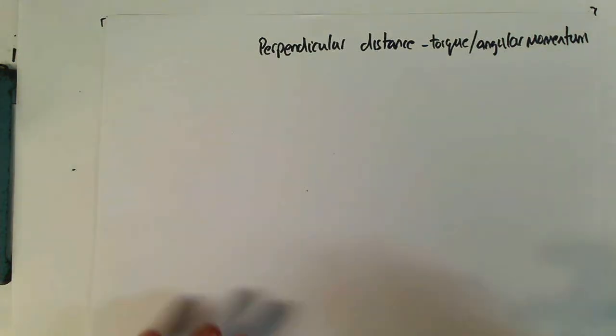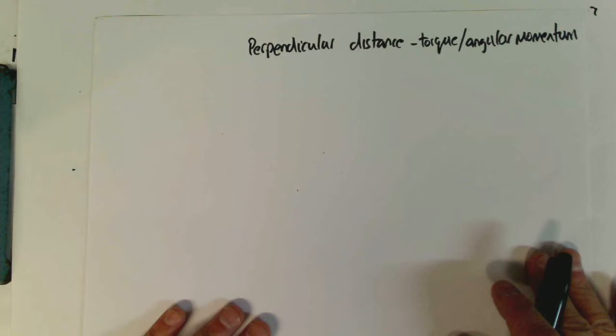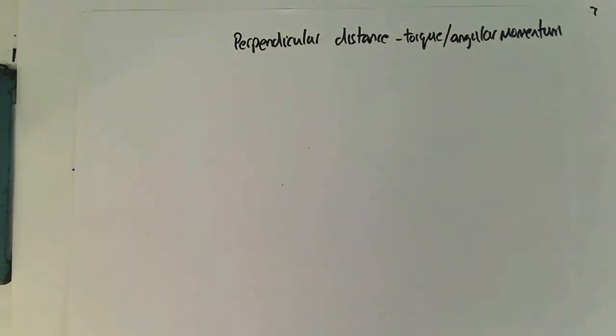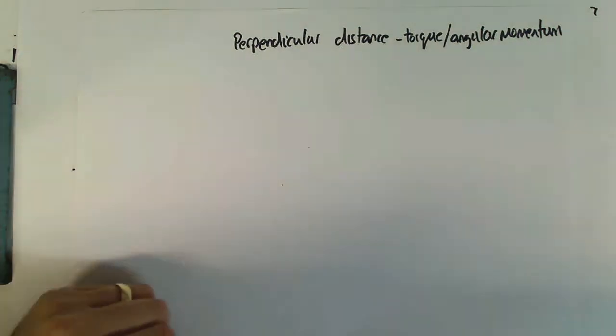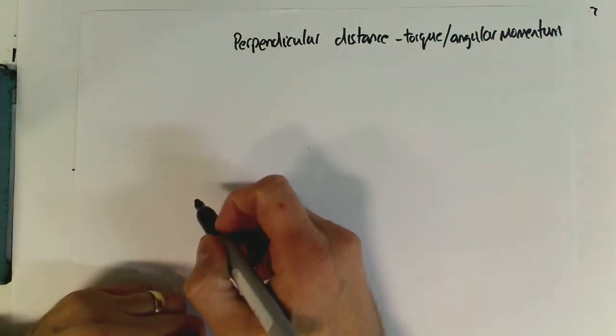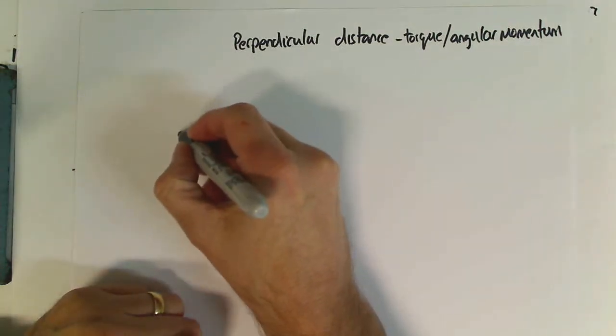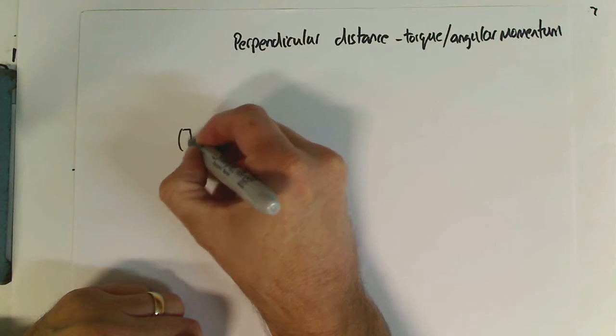What I want to look at here is perpendicular distance, which we talk about with regard to torque and angular momentum. We've done this a couple of times, but I thought a little review would help. I think the first example I gave you was sort of when we were looking